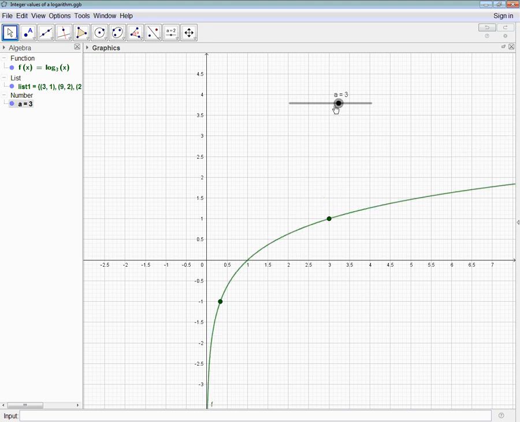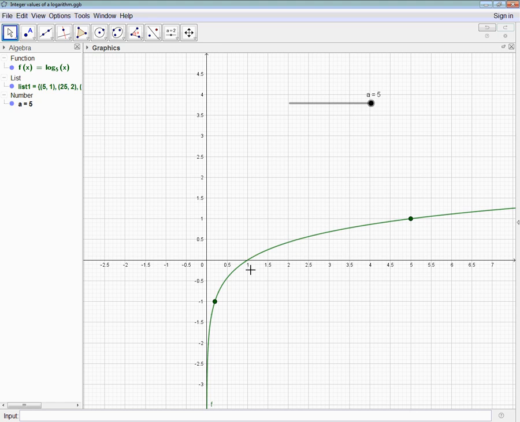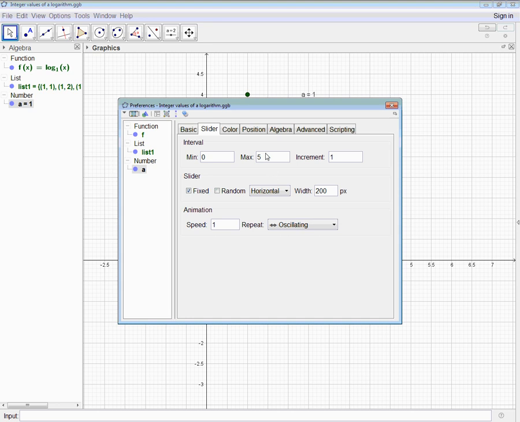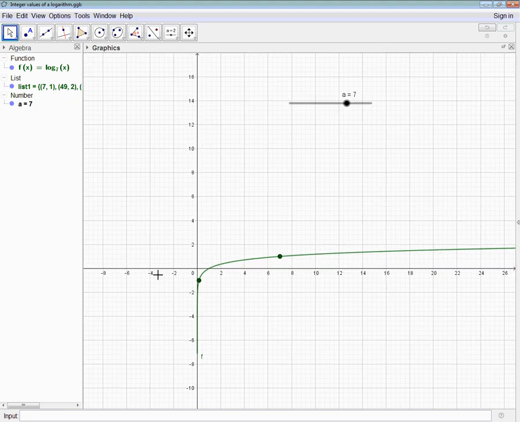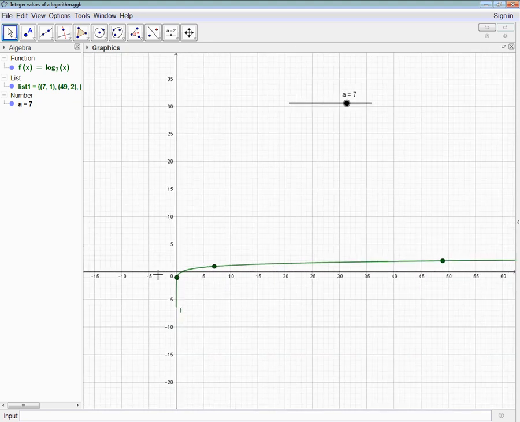Notice, if I change this, I'm still always going to be passing through that same point, regardless of what my base is. Now, here's a problem that we have when we have a base of 1. This is not a function. Okay? All right. And in fact, I'm going to go ahead and change this real fast to make it a little bit bigger. Now, in order to get all the way out,